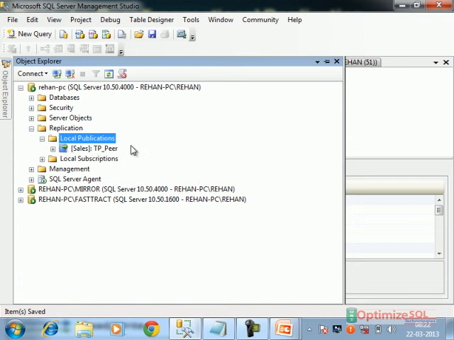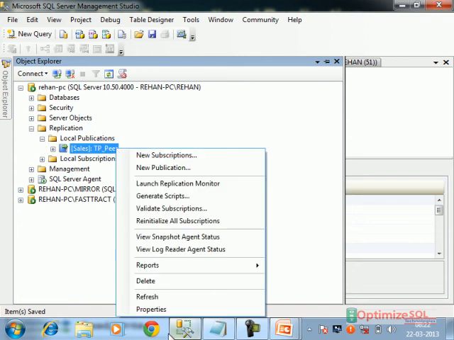After that, next step, we have to enable one property. Observe, at publication level we have one property, and we have to enable that property. Once we enable it, it will show one extra option, configure peer-to-peer topology. Actually, in the 2012 management studio we got peer-to-peer topology in the same new publication steps, but here we have seen there is no option.